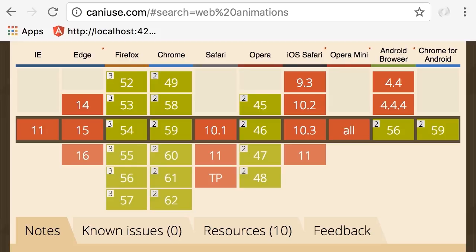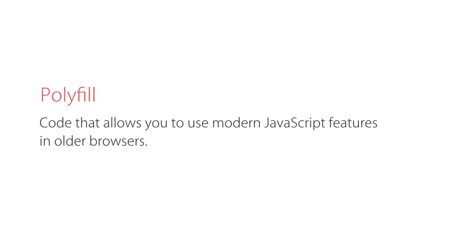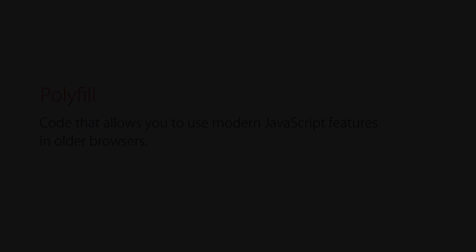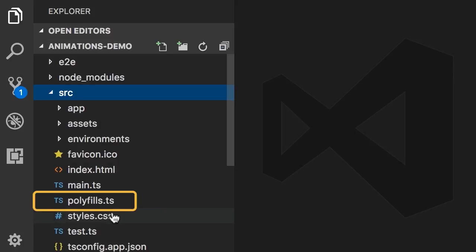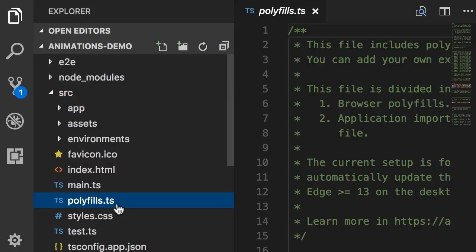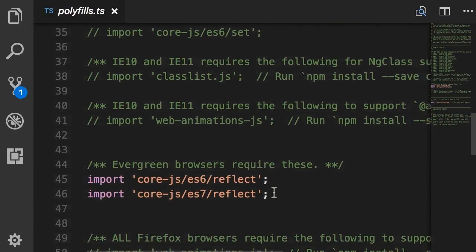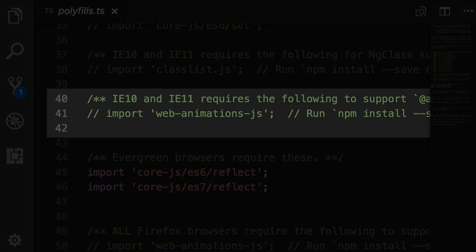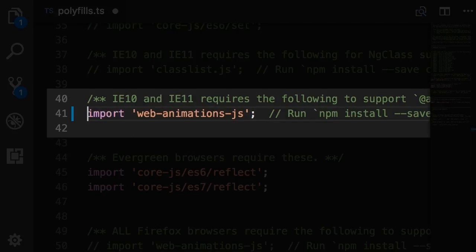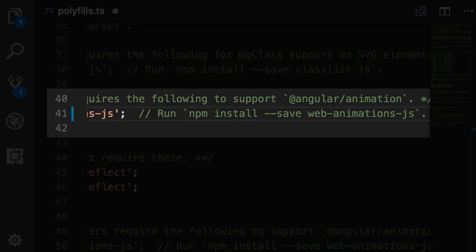So to support the other browsers, you need to add polyfills. Polyfill is basically code that allows you to use modern JavaScript features in older browsers. So back here in the source folder, you can see we have a TypeScript file called polyfills. Now, if you scroll down, on line 40 and 41, you can see a commented line for importing web animations polyfill. So here we need to remove the comment. And as you can see in the comment in front of this line, you need to manually install this node module,